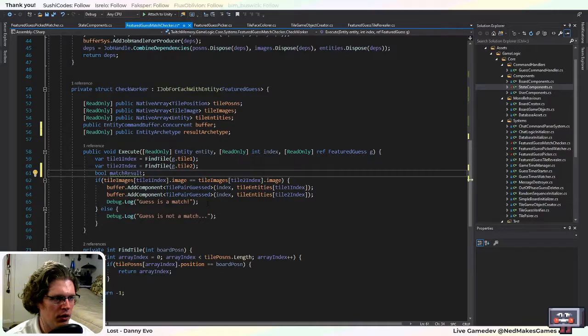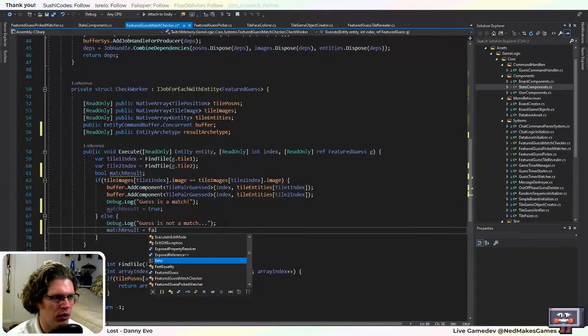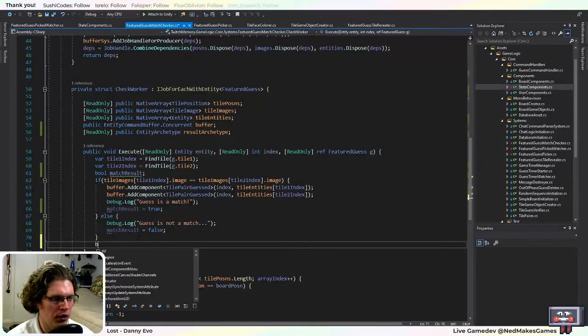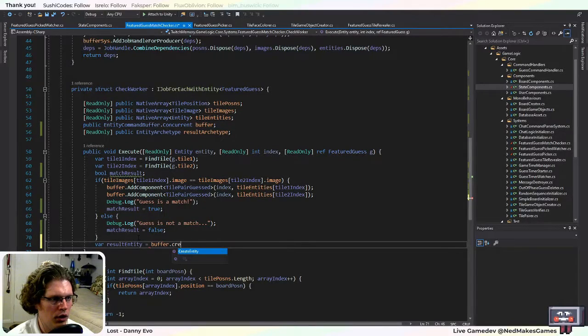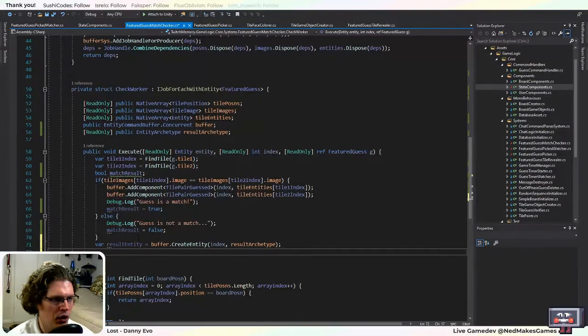Alright, so we'll just have this boolean here, and then I guess I'll leave the debug there. I don't know, it doesn't really matter. Match result true and match result false. Either way, we'll want to create the entity. So buffer. I guess we'll need to get a reference to the entity. So this is the result entity equals buffer dot create entity. Need to pass it the job index and also the result archetype, and then set the component on this. So set component